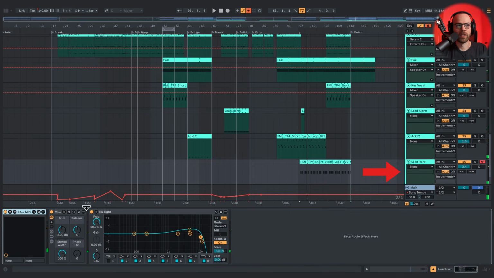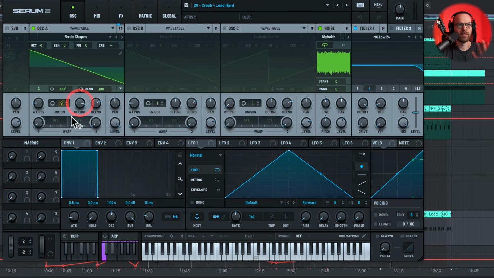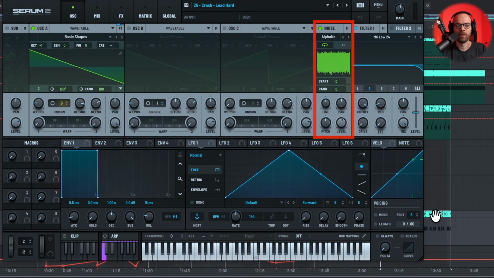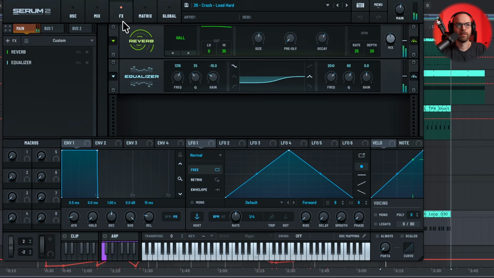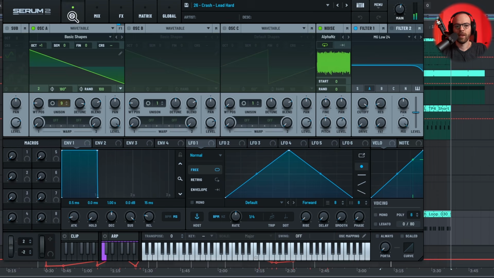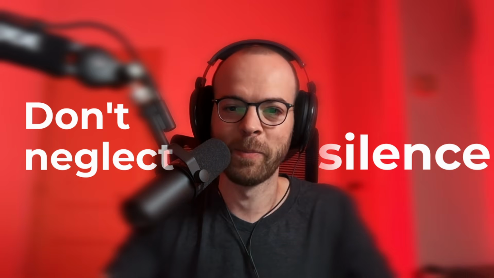This lead is really cool because there's a lot of detune here. It's a saw wave with a lot of detune and a bit of noise, as you can listen. That's how we create this really aggressive, ravey kind of lead. And this complements the song really well because it breaks us away from the acid lead, where we later go back to. One other thing, don't neglect silence, because silence can be really effective to create a lot of tension